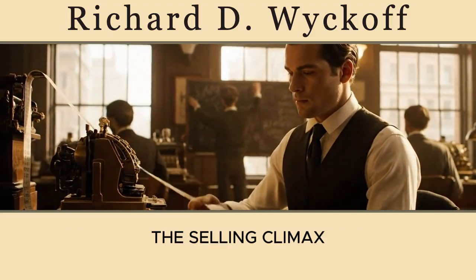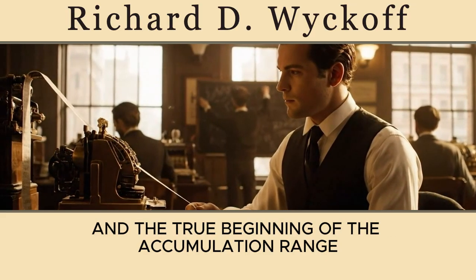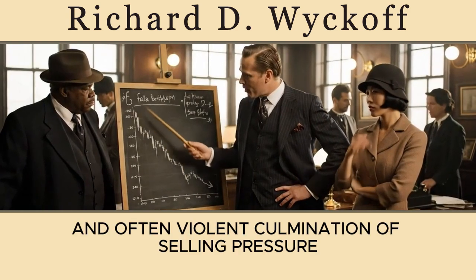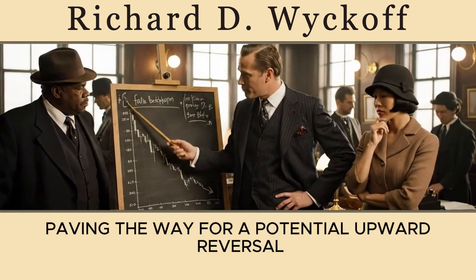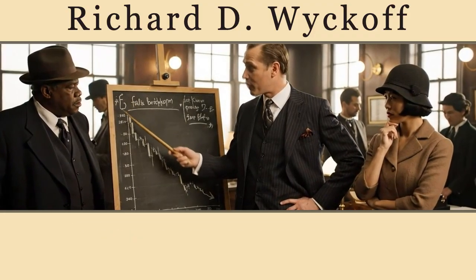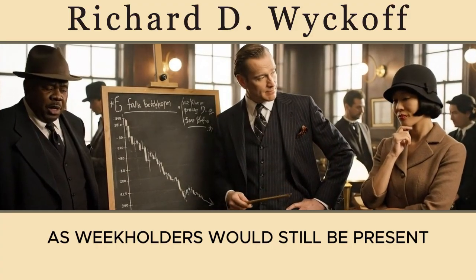The selling climax often marks the definitive end of the markdown phase and the true beginning of the accumulation range. It is a dramatic and often violent culmination of selling pressure, paving the way for a potential upward reversal. Without this cleansing event, the market would likely remain vulnerable to further declines, as weak holders would still be present